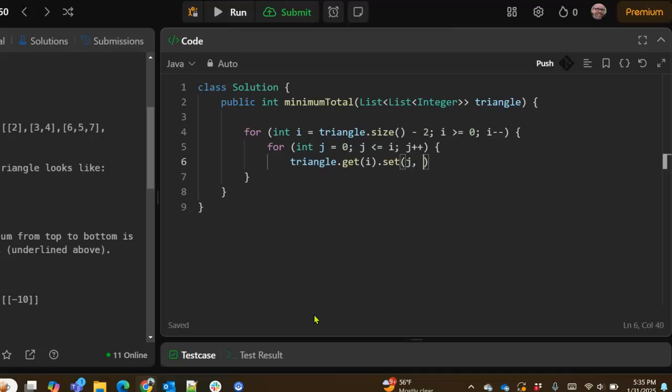So we will set each item in turn to triangle.get(i). That again is going to get the second to the bottom row. We are going to get the current value of the index j, and we're going to add